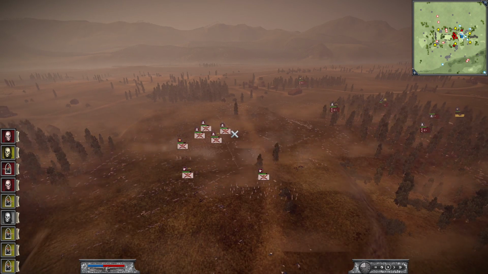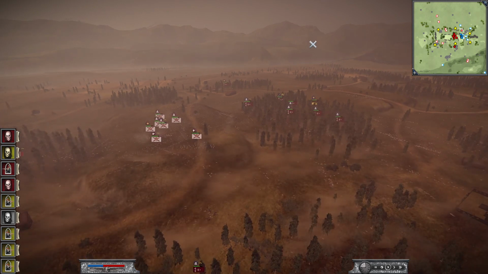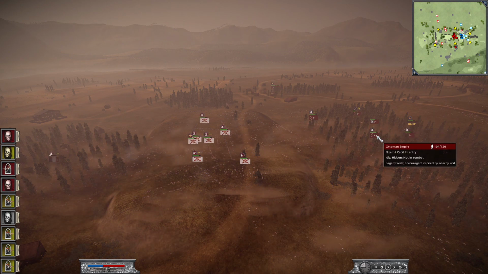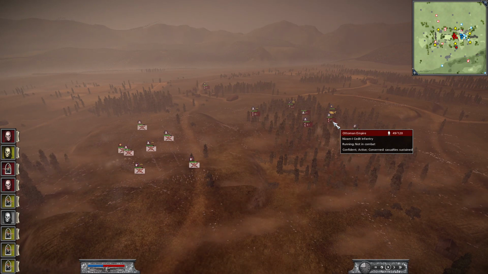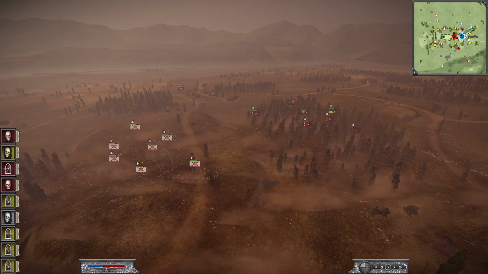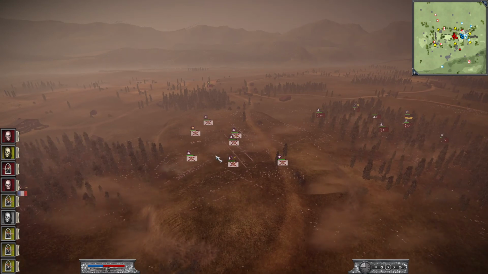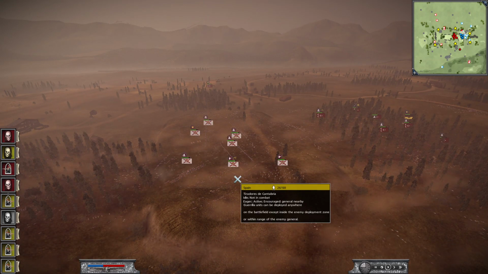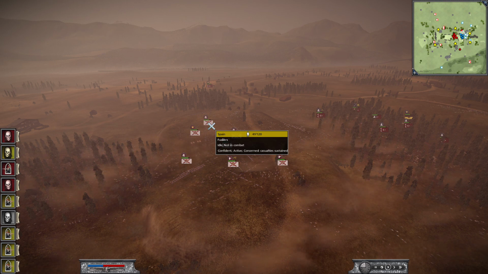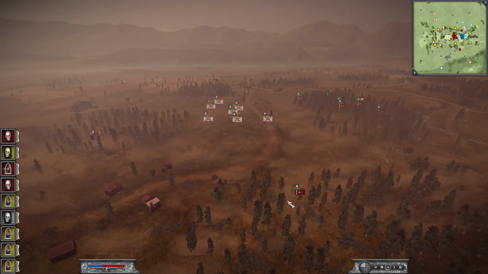1, 2, 3, 4, 5, 6, 7. 1, 2, 3, 4, 5, 6, 7, and then a general here too. So I have a little bit more, but let me count the men: 51, that's about 100, 140, 240, 290, 320, 420, 210, 280, 290 plus 40 is 330, 335. We have the same amount of men, more or less,